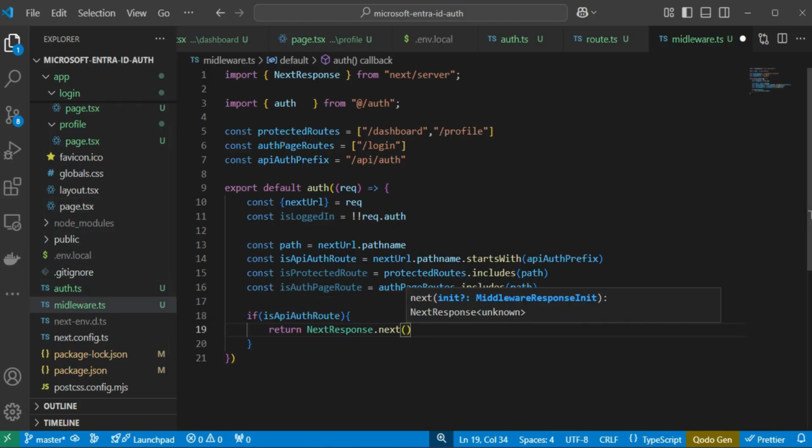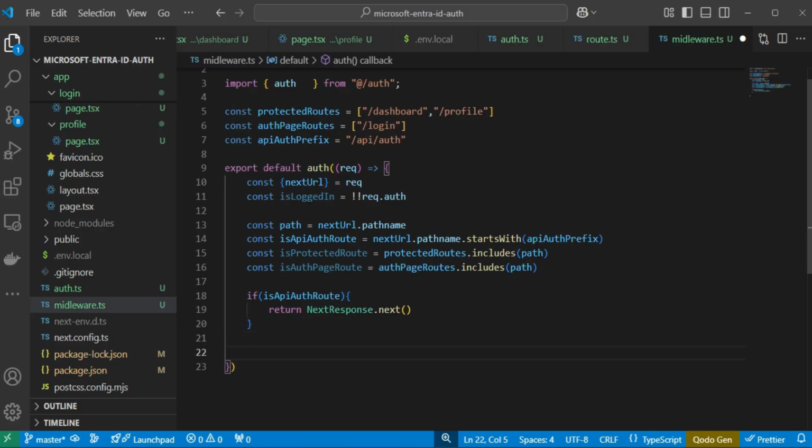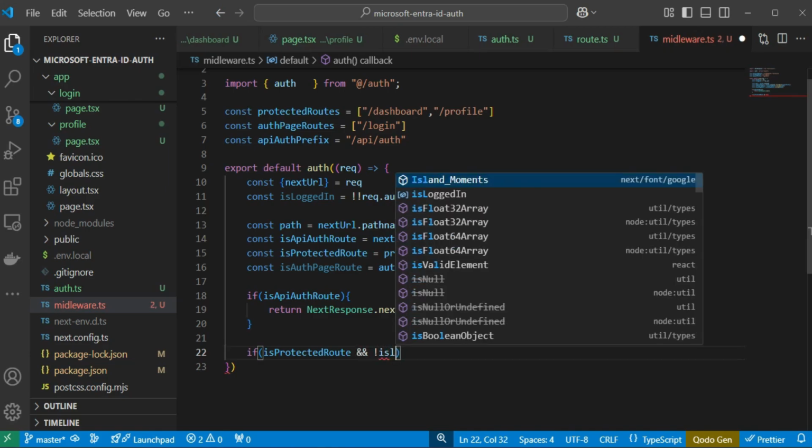So next we are going to enforce a rule which is going to restrict access to our protected routes when the user is not logged in. So we will say if isProtectedRoute and not isLoggedIn